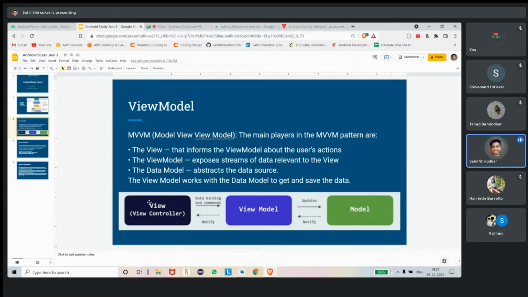Just to separate the code, whenever we are making an interaction with the database, we do that with the view model, so that if anything goes wrong, our view will work properly. The app won't crash. Or else, if you directly interact the view with the model, then if anything goes wrong, the app will directly crash, and you won't be able to make any changes.